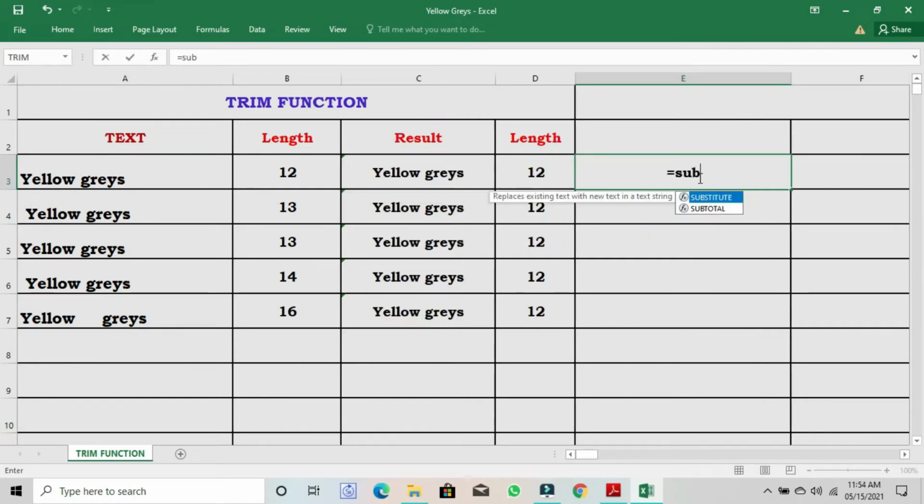Equal to SUBSTITUTE, open the bracket and select the text, comma, insert a space inside the double inverted commas, then inside another pair of double inverted commas, which represents there is no space, then close the bracket and press enter. This is in case of the SUBSTITUTE function. Let's drag.